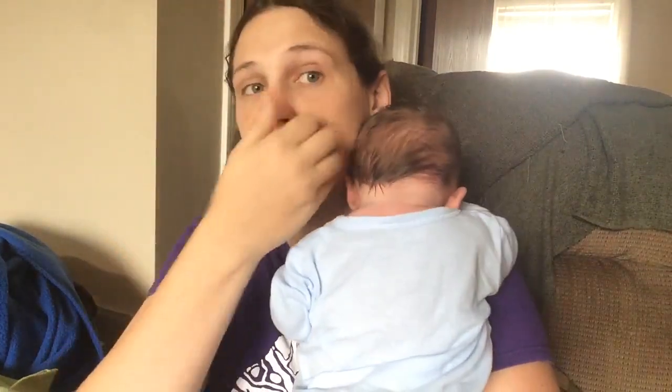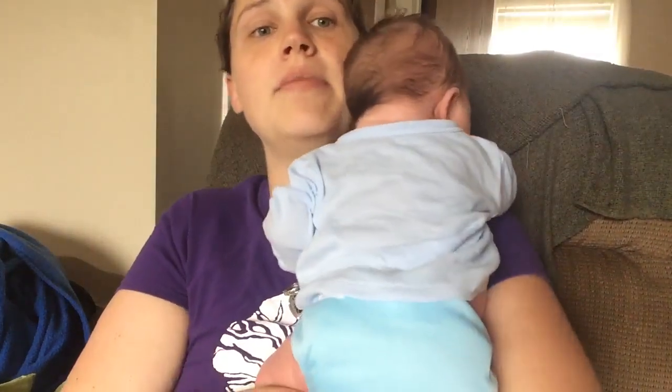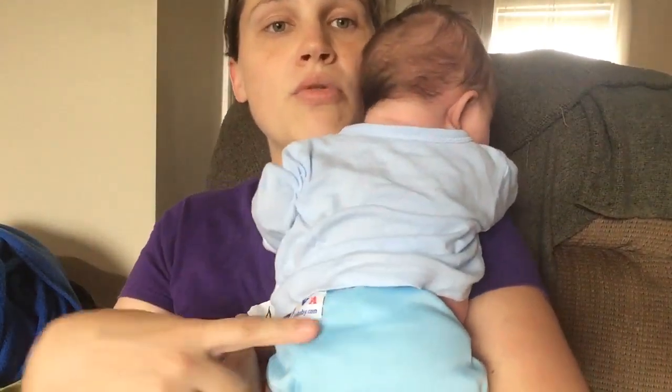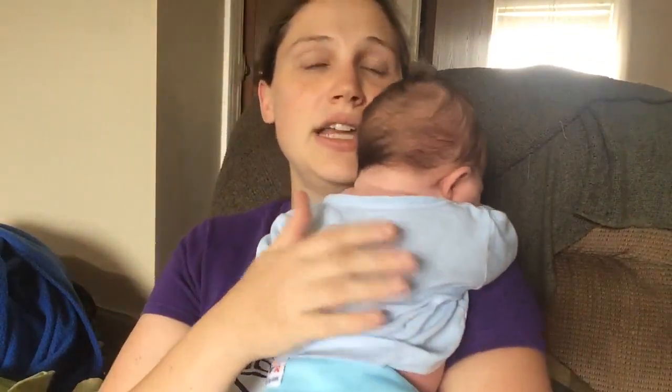But last night he didn't. He pooped right after he woke up, but he didn't poop at night, so I'm hoping maybe that'll be done. His meconium is long gone, been breastfed baby poops for days now, and so we've been using that for the nighttime diaper. And then in the daytime, we're using these newborn Alva diapers, and he actually had started to